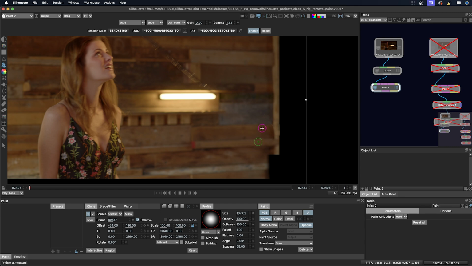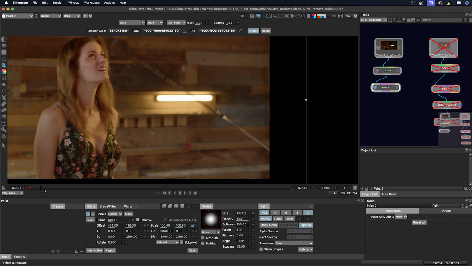And one thing I would recommend is to try to just use XY offsets when you're making your clean plate, just pulling through from other source and not taking chunks of other frames and compositing them on top and rotating them. As soon as you start rotating something or scaling it a lot, you're going to lose a lot of the detail in the image as well. So you just really want to do cloning XY as much as possible.